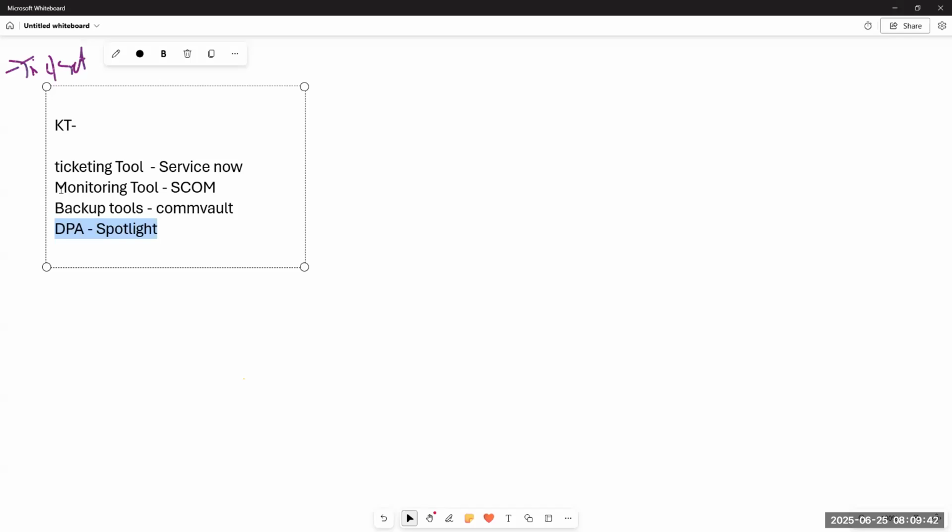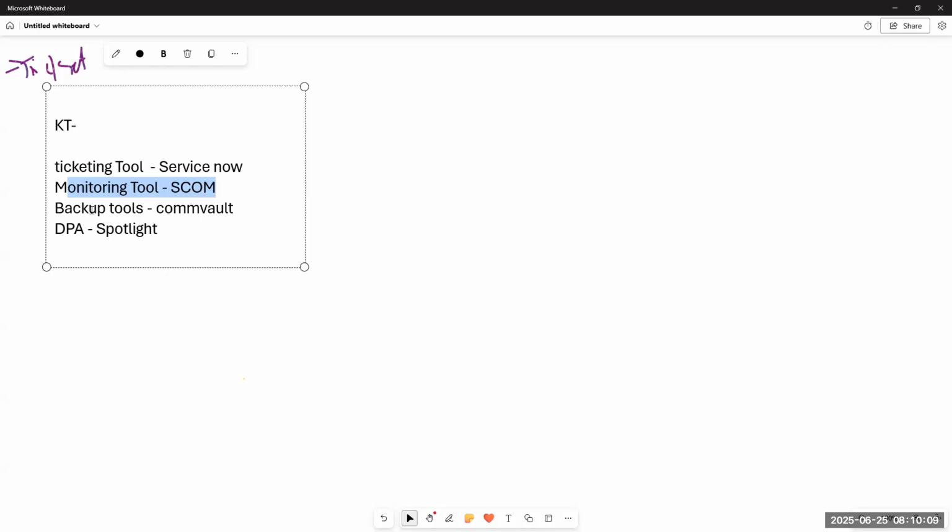And you need to test the connectivity. Once you get the KT, they will say, hey, we are using ServiceNow, this is the link. We are using SCOM, this is the link. Or, for example, you joined recently and you don't have access to ServiceNow. Maybe your leads will take care of getting access to all the tools.